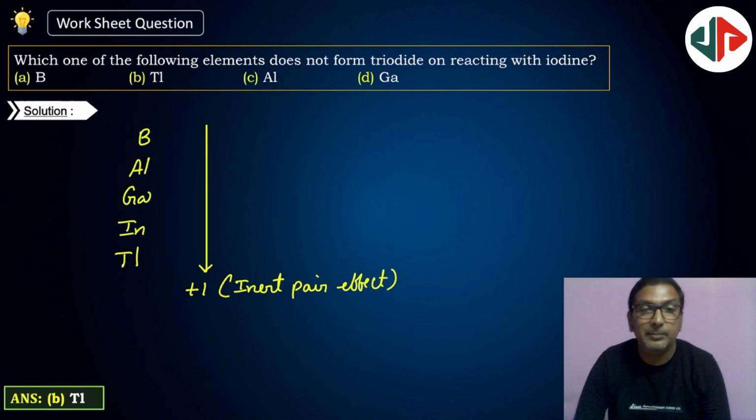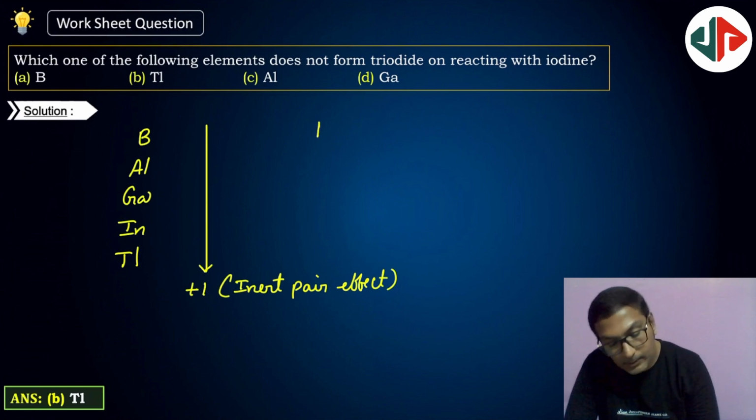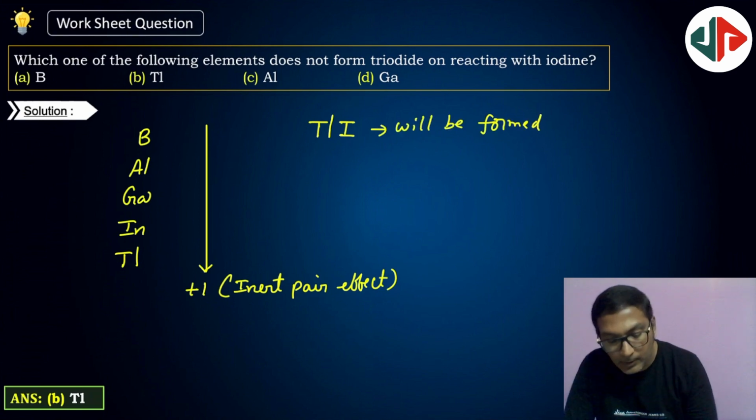So for thallium, plus one oxidation state is highly stable. Therefore, it can form only TlI will be formed. And TlI3,